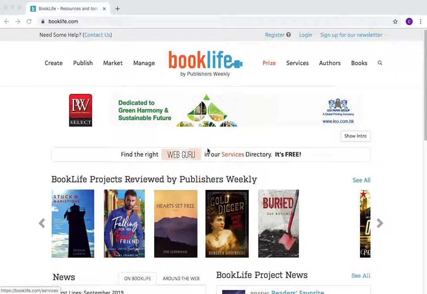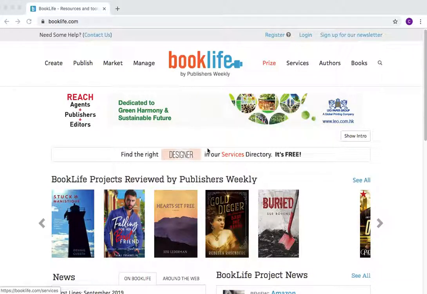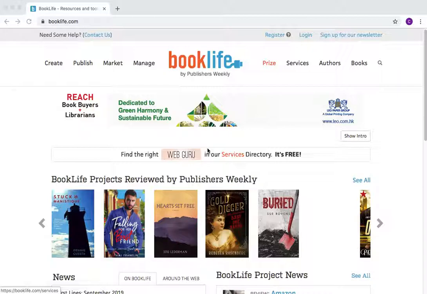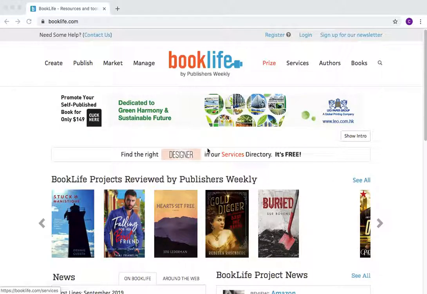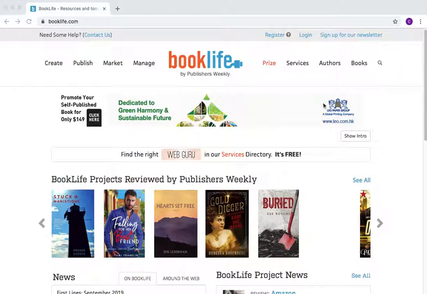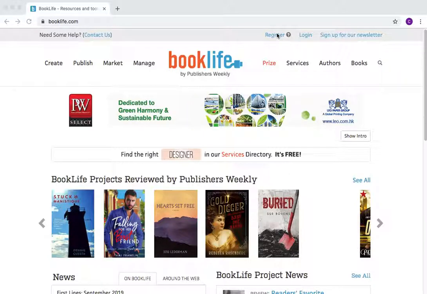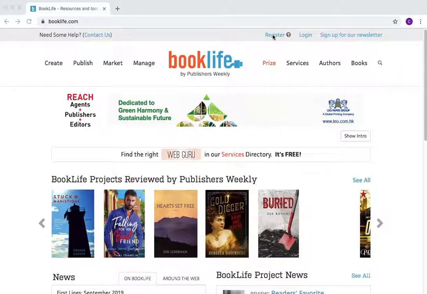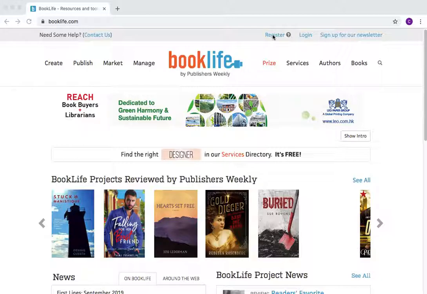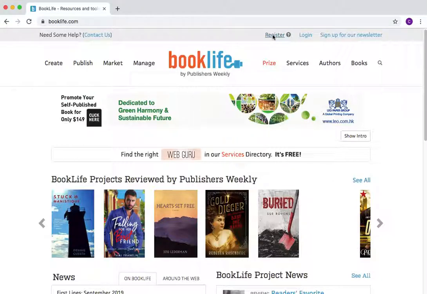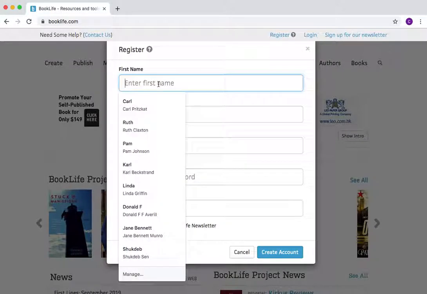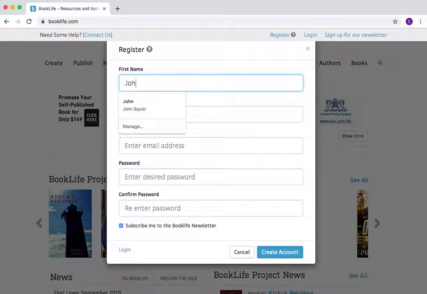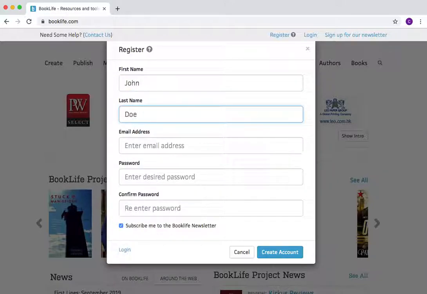And welcome to this BookLife.com video tutorial where we're going to take a look at how to create an account on BookLife.com. When you get to BookLife.com, you'll see up here in the upper right hand of the navigation bar, it says register. If you click on register, you'll see this form,